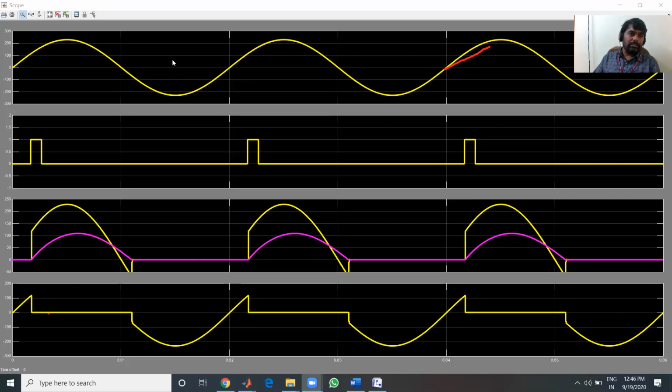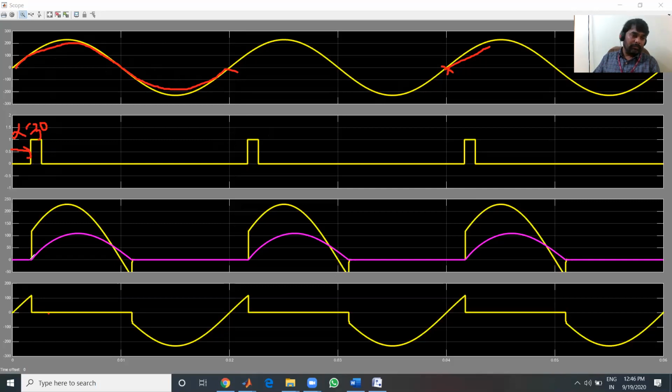Right. So here you can see the first one is the input voltage, which varies with respect to sine omega t. And I have taken 3 cycles. You can see this is one cycle, and this side the second cycle and the third cycle. Right. And if you see, this is our alpha equal 30 degrees here.